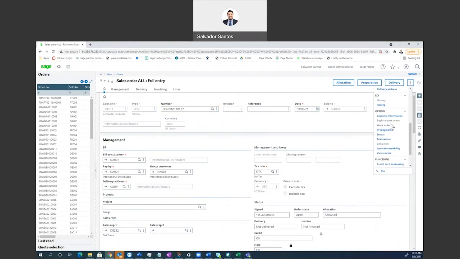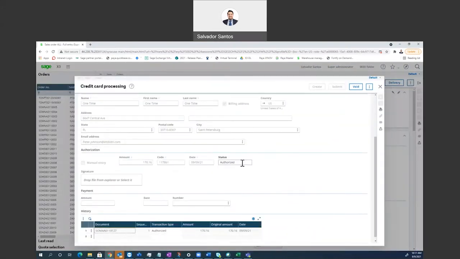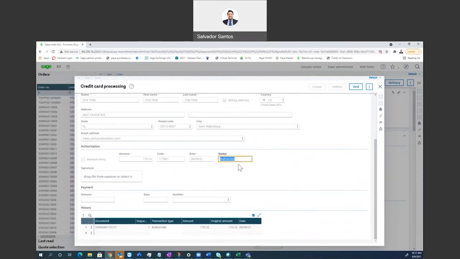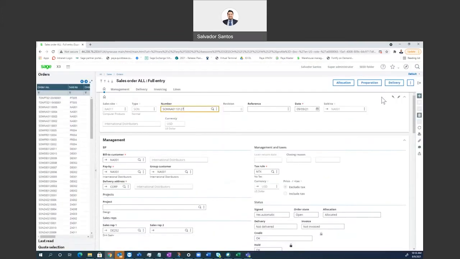If we go into credit card functioning, you can see the card has been authorized. So it hasn't been fully captured, it's just been authorized at this point. You'd still have to post the actual order and the invoice to get this fully captured and processed. So how do we go about doing that? You go to delivery,